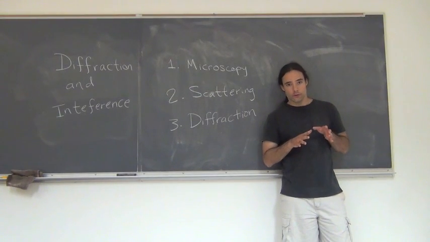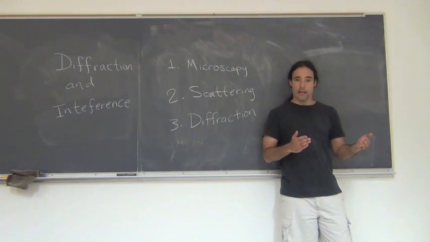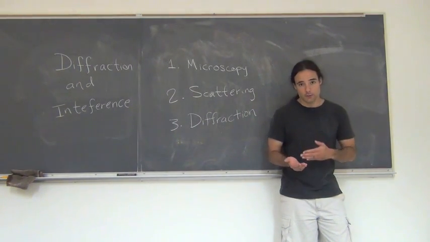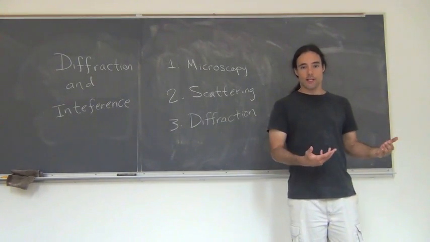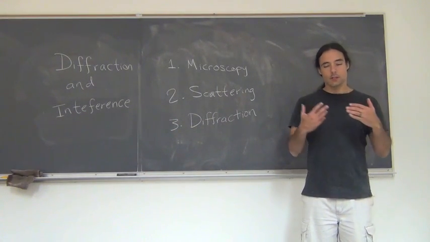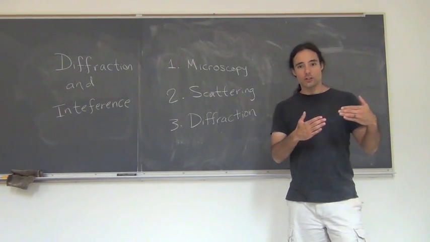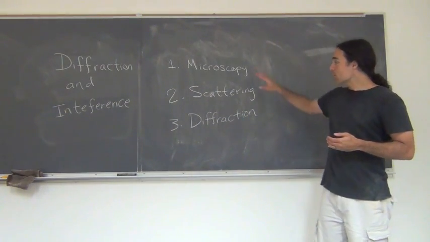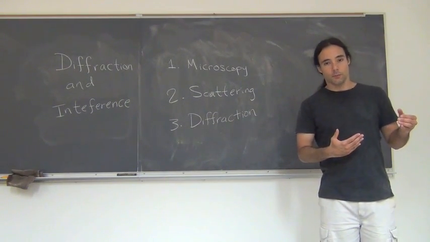So why are we so concerned with diffraction and interference? Well, there's a lot of different reasons. Suppose you're an engineer, you're dealing with sound waves, acoustics. Diffraction and interference obviously plays a big role there. For somebody like myself, I am very interested in nanotechnology. I work a lot with chemists and biologists trying to build different structures on a nanometer level. So I want to know, how can I actually look at things at that size scale, things that are much too small to see. And there's generally 3 techniques that you can use to look at things on a nanometer